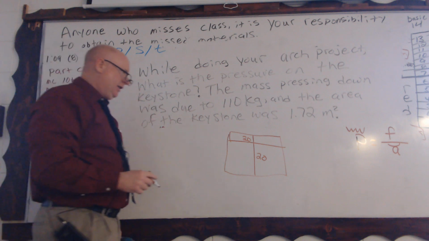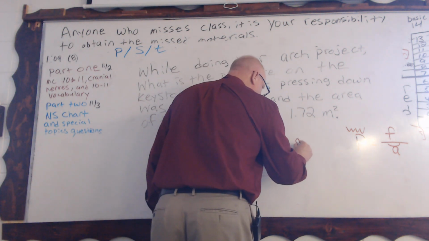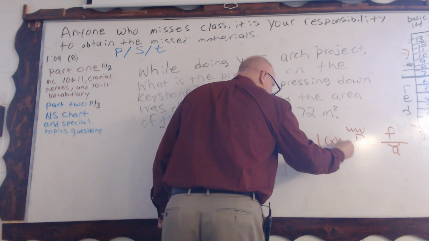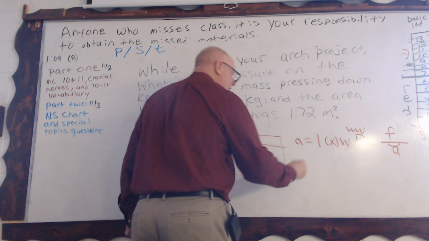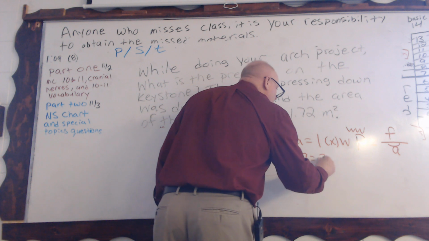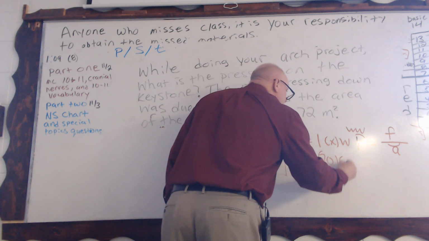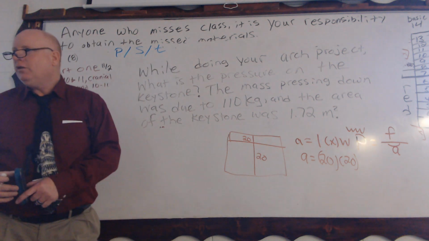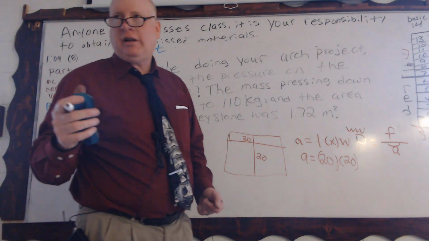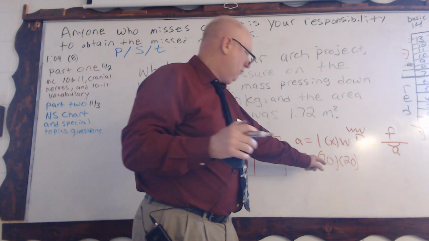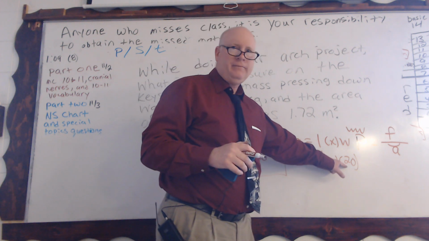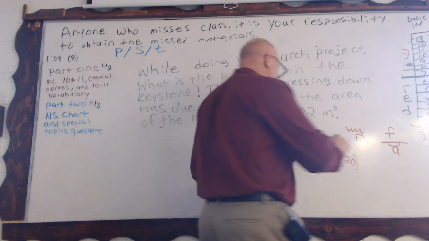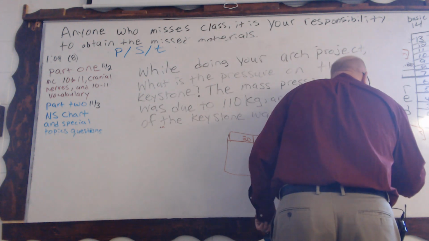You multiply them, and that gives you an area equals the length times the width. So in this case, area equals 20 times 20, and then you can do this in your head. You don't need a calculator. What's 2 times 2? 4. And then how many zeros do you have? So that means your area is 400,